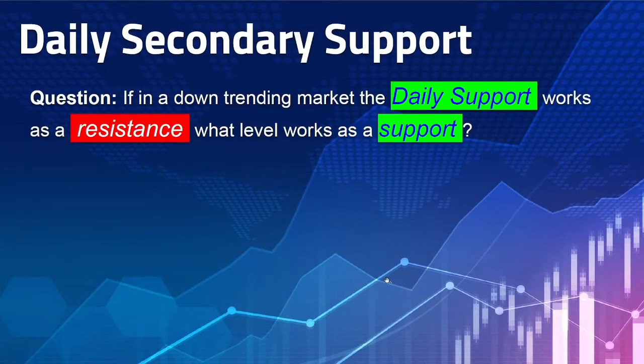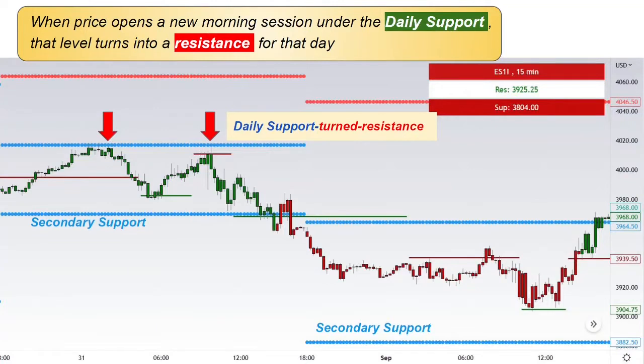Question: if in a downtrending market the daily support works as a resistance, what level works as a support? And here we should discuss the secondary support. At the beginning I told you that the indicator draws two red lines and two blue lines. The upper blue line is the daily support. But what if price opens under that level and bulls keep failing at that level? So where should we expect price to find a support? And this is where the second lower blue line comes in handy. This is the so-called